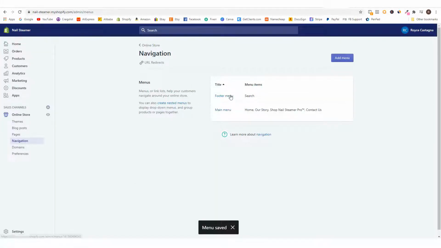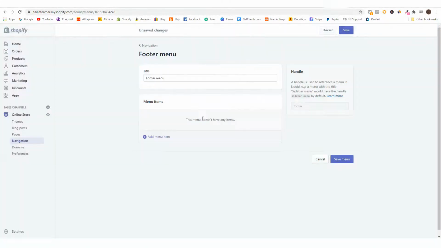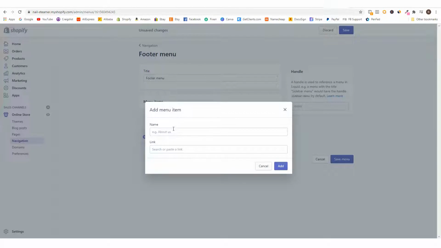So now we're going to go to the footer menu. So we're going to delete this search because there's only one product on the store. You don't really need to be searching. So delete that and remove it. So you're going to add menu items. So the first one you're going to do is shipping